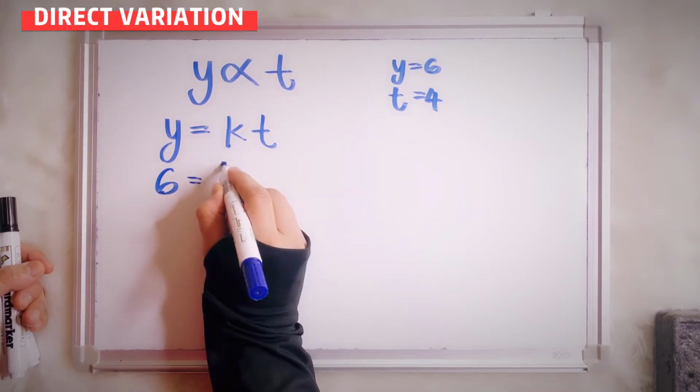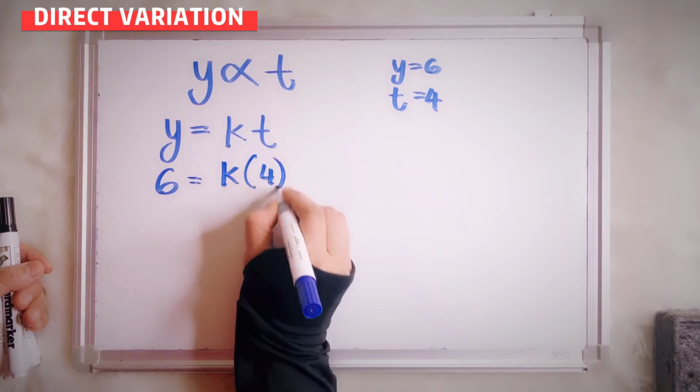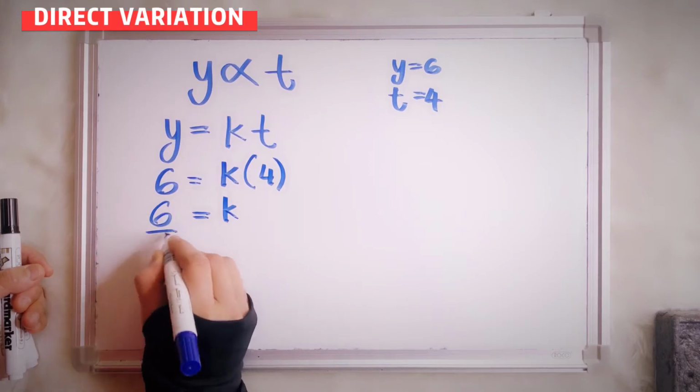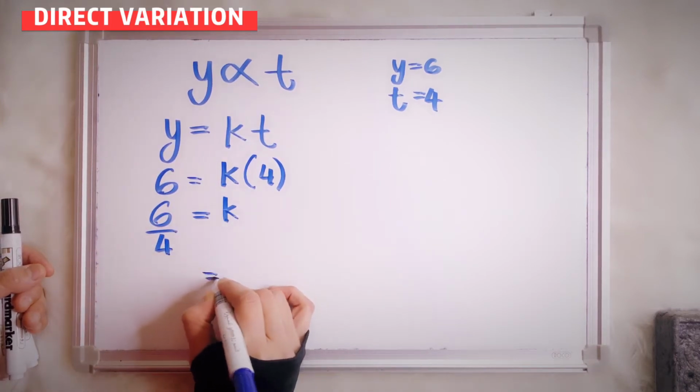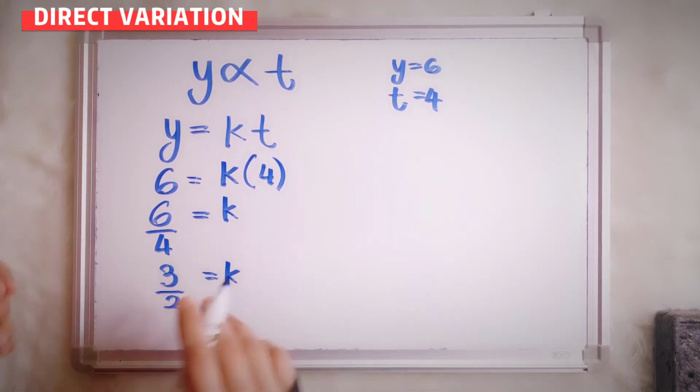So k we don't know. We want to find what is the value for k, and t is 4. So now k equals 6 over 4. That means your k is 3 over 2. Okay. So now,